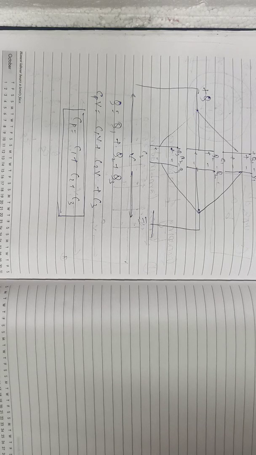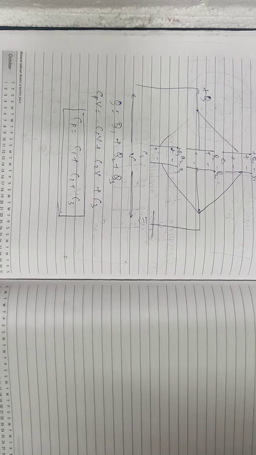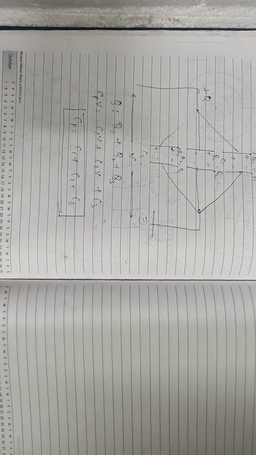So when we join capacitors in series combination, we need to add the reciprocals of the capacitances of all the capacitors, and at last we will reciprocate it again. And in parallel combination, we just need to simply add them, and that will give us the value of the equivalent capacitance. Okay.